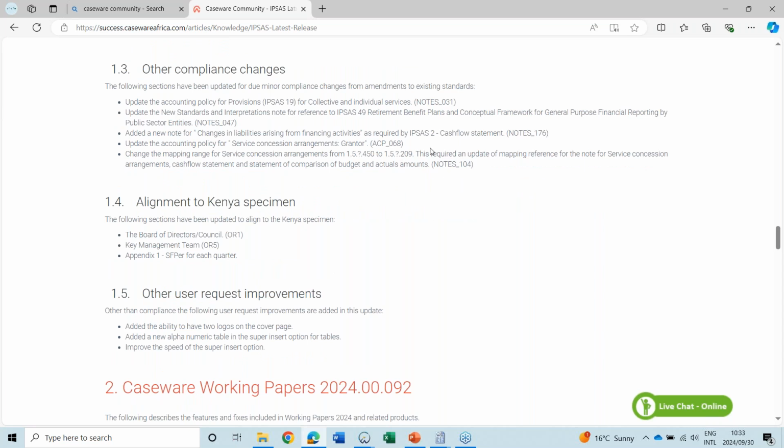As I mentioned, on the cash flow standard IPSAS 2, a new note for changes in liabilities arising from financing activities, and a change then also in the service concession arrangements. And what we actually need, even though the service concession arrangements